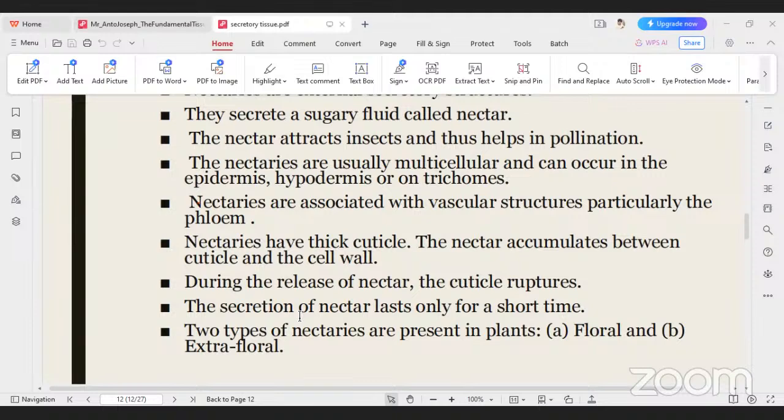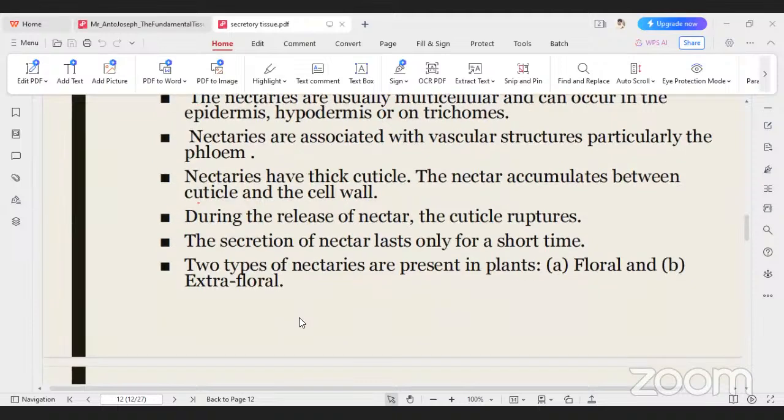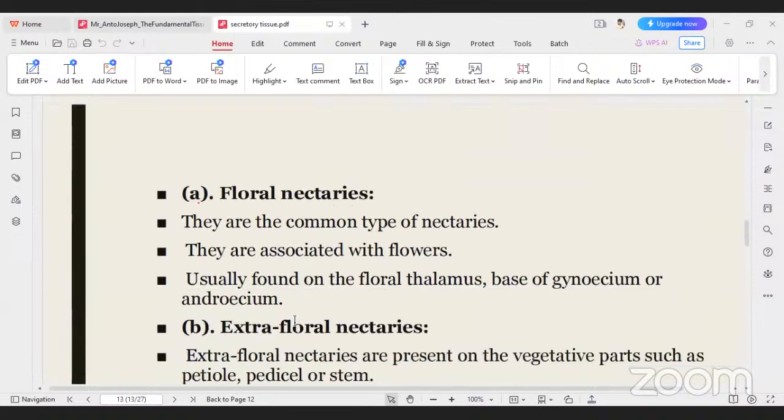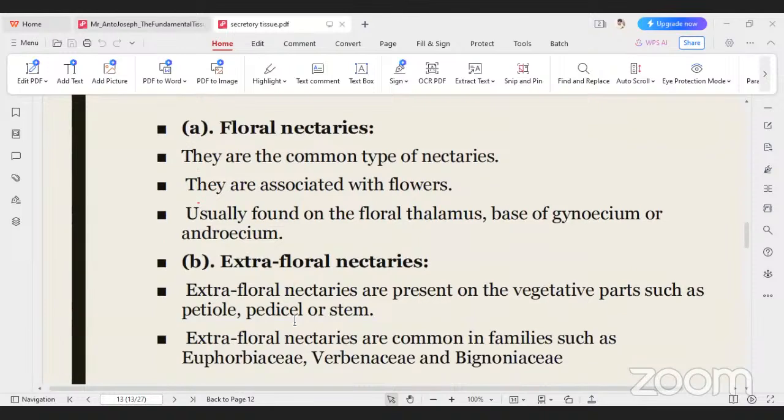Two types of nectaries are present in plants, floral and extrafloral. This is the name clearly given. What is floral? Floral nectaries are the common type of nectaries. They are associated with flowers, usually found in the floral thalamus, at the base of the gynoecium. If you take the picture, for example,